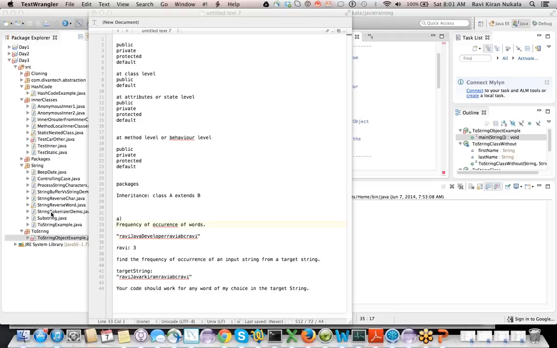And I want you to think about one more: StringTokenizer. Yes, StringTokenizer can make it happen in one shot, right? Whatever is your target string as a token, and ignore the rest of the tokens. Whatever is the size of the array that you get, that will be the output, right? Got it?